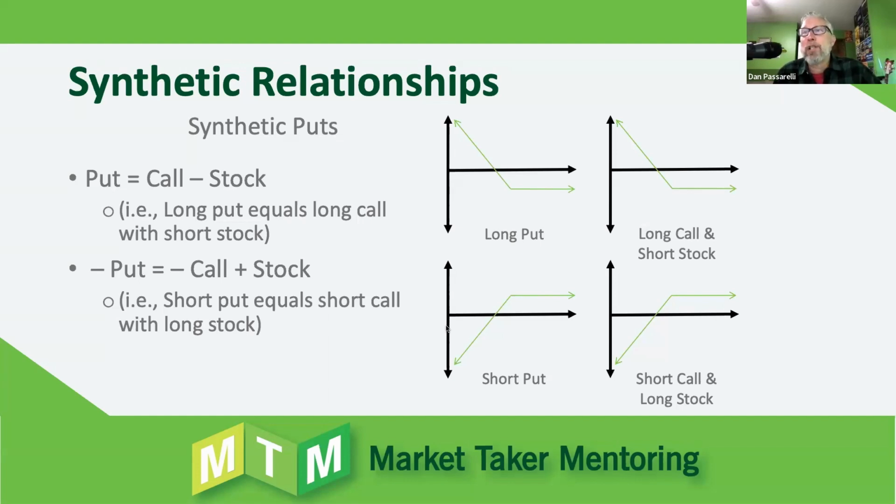The value of that position is less than it was if the stock goes down. So it's really more just the timing of when you buy the stock. Either way, if the stock is below the strike price with the short put, you get assigned and now you buy stock. If it's below the strike price with the covered call, it expires and you own the stock. Either way, you're going to own the stock in the future. If the stock is above the strike price, the short put expires and you have no position. If the stock's above the strike price with the covered call, it gets assigned, the stock gets sold, and you have no position.